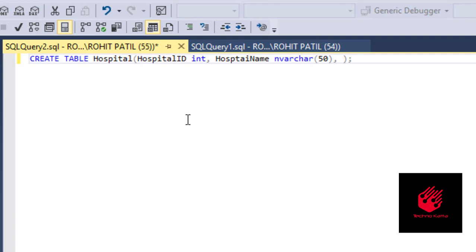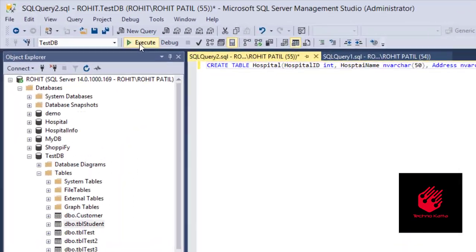And the address of that hospital, so I am putting address. This is also character type, so I'm putting nvarchar 50. This is also the length. And after putting the query, you just execute this query.